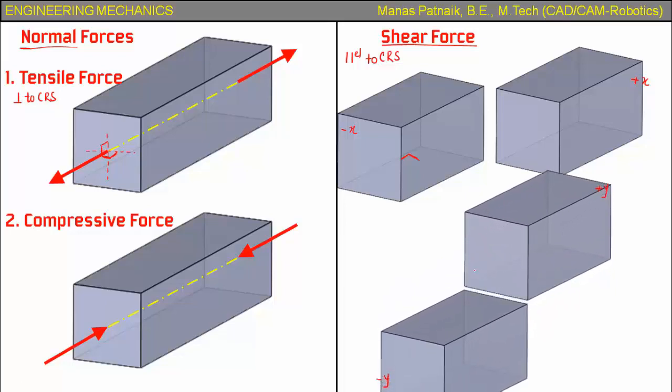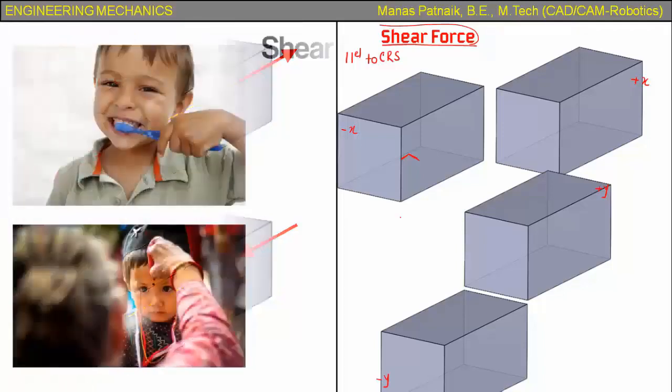This is the shearing action that takes place, and the force primarily responsible for the shearing action is what you call a shear force. That's it. So essentially this was all about shear forces from the perspective of mechanical and civil engineering. Now let's take a very general and casual look at how this shear force is affecting our day-to-day life.